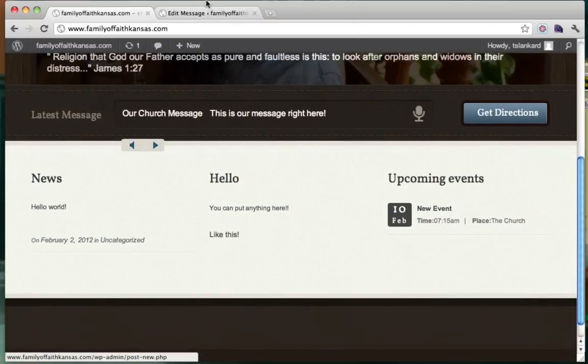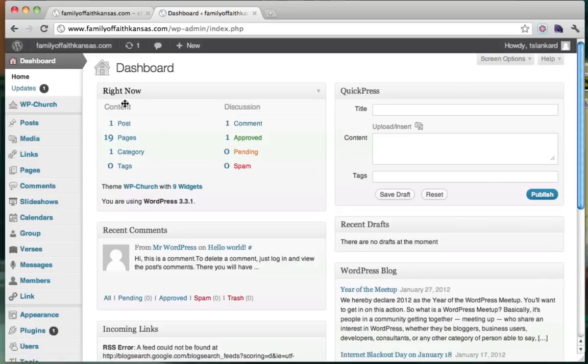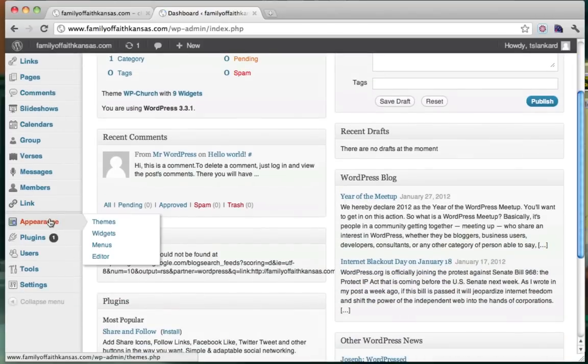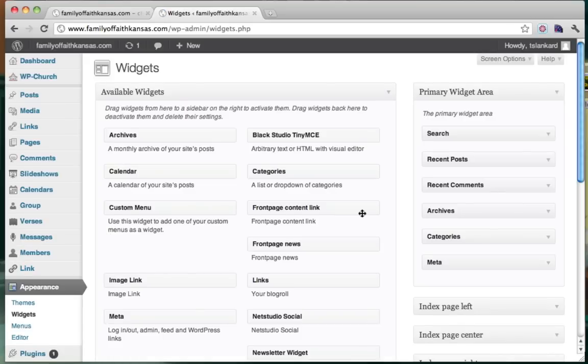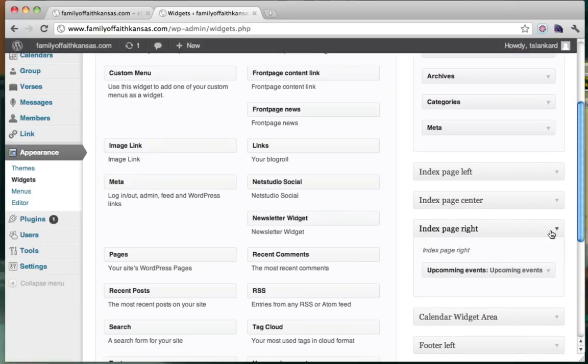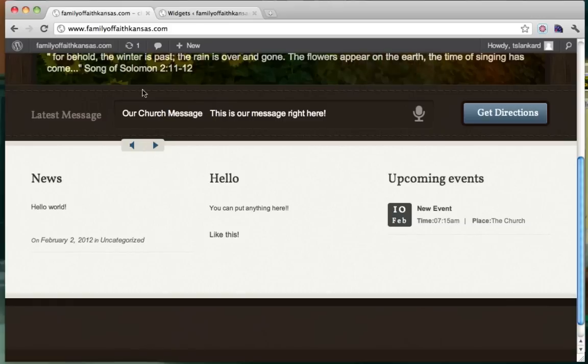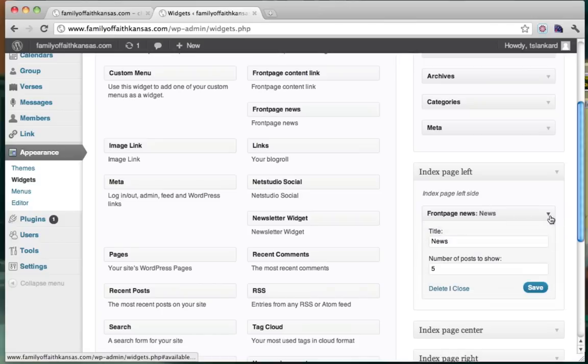So what you do is we go back to the dashboard, and under appearance, we go to widgets. Alright, and then right here it says index page left, index page center, index page right. So this is the left, this is the center, this is the right. And these are our upcoming events widget. So let's delete this one